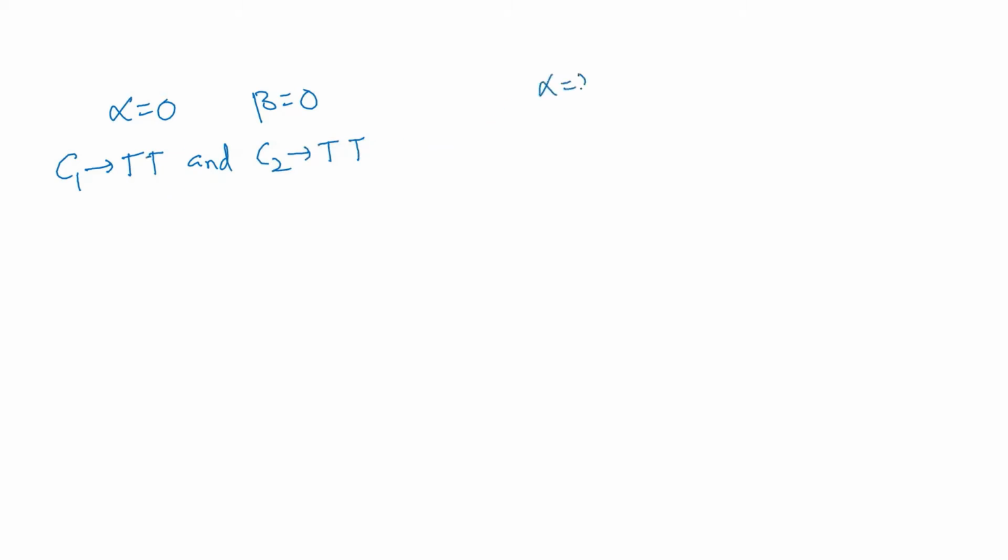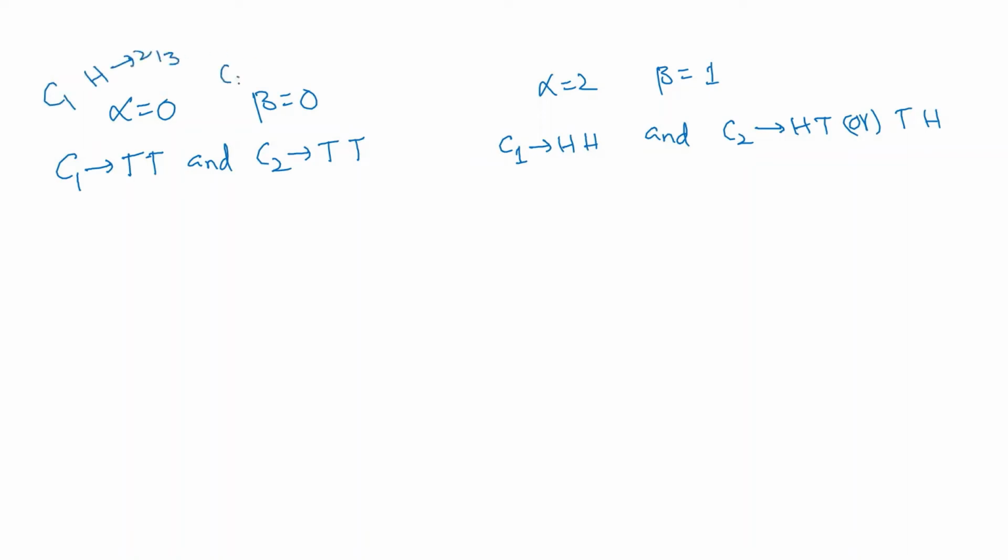And then if I take alpha equal to 2, we got beta equal to 1. This means on the first coin, we are going to get both heads. But on the second coin, we are either going to get heads and tails, or we are going to get tails and heads. Now in the question, it is already given they are going to be independent events. So we are going to use the concept of independence. On coin 1, the probability of getting head is given as 2 by 3, and on coin 2, the probability of getting head is given as 1 by 3. So this is the data that is given.